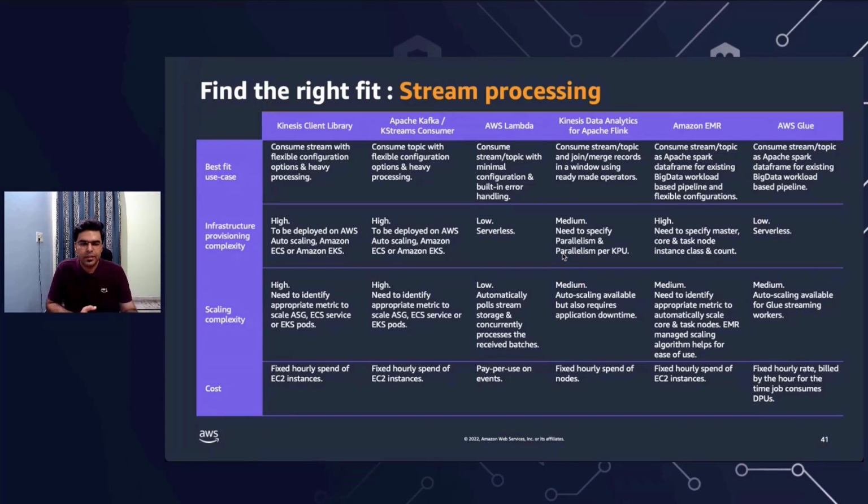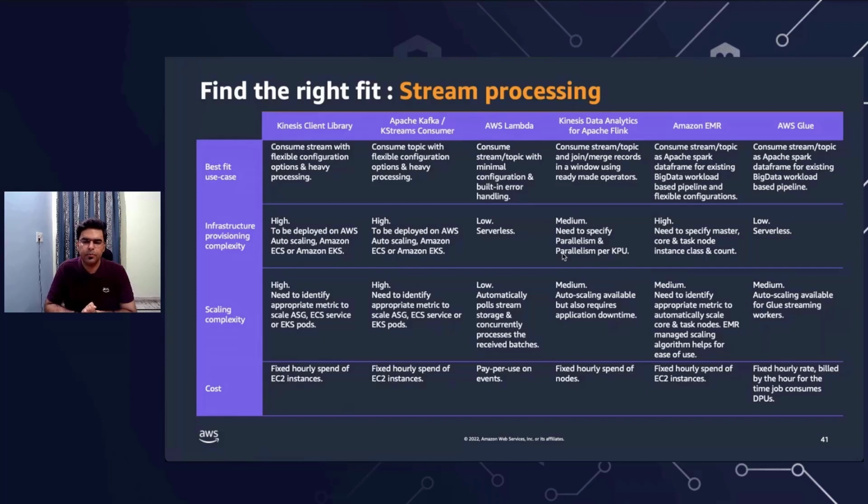KCL on ECS, EKS, or an auto scaling group is the choice to be. Same goes with the Kafka ecosystem. If you are well familiar with the APIs and you need those flexible configurations, in that scenario, you can still have that deployed onto an auto scaling group or as an ECS or an EKS service. For Lambda, you would essentially be looking for the most hassle-free way of consuming from the stream topics or data streams